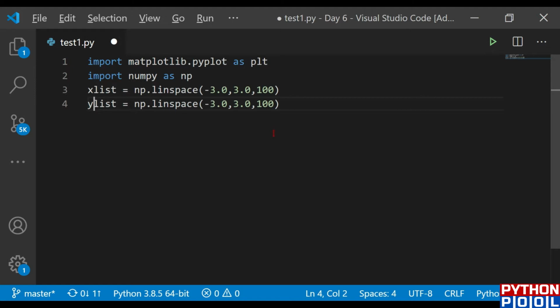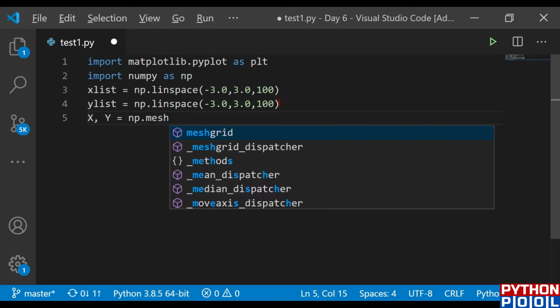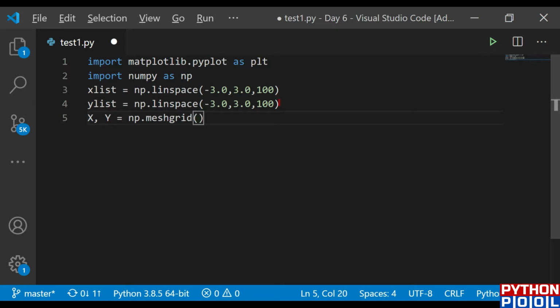After that, let me define another function, X and Y, based on this xlist and ylist. Let me define it with capitals, and I'll just call the meshgrid function from np and pass the xlist and ylist. So I'm basically creating the mesh of these lists.